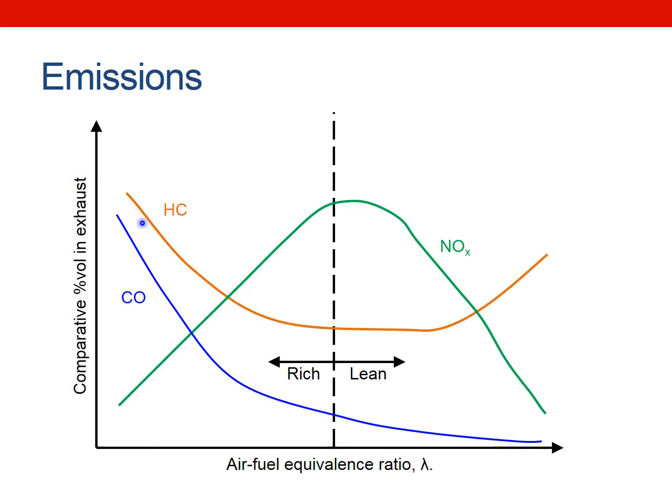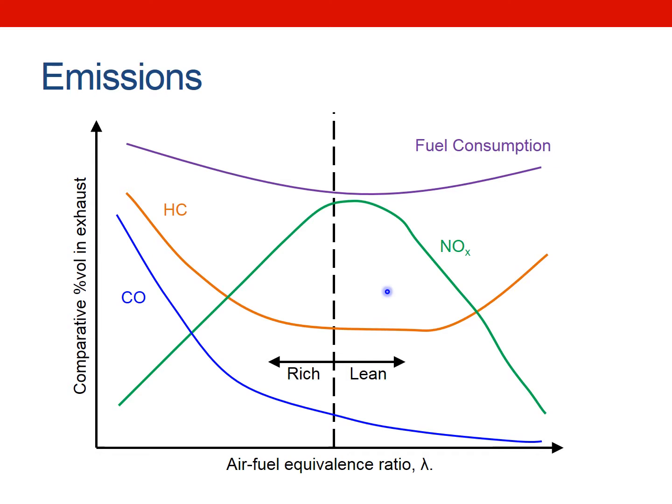This is unburned hydrocarbons. As you'd expect, you have near complete combustion at a stoichiometric ratio of 1, and then it increases as you decrease the air to fuel ratio, or increase it as well. This is down to a range of reasons: either excess fuel, or you're losing temperature in the combustion process, and therefore you're not breaking down the fuel, so you're increasing your hydrocarbons as well. So those are the main emissions.